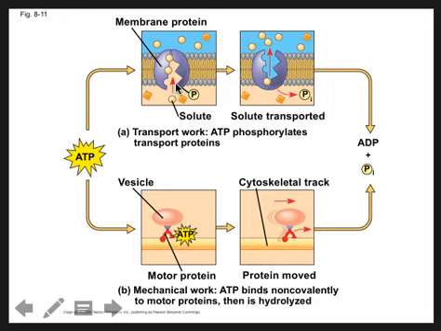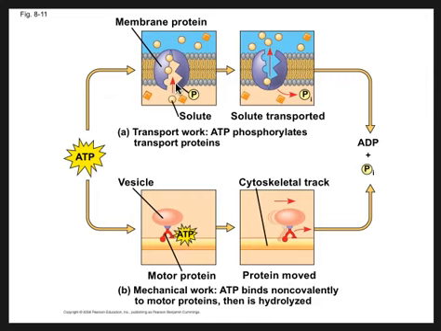This carrier protein is going to snap from being open to the intracellular side to being open to the extracellular side, and we're going to transport that solute. That's the work that just happened. It happened because we phosphorylated the protein. Once we snap open, the inorganic phosphate can come off and it's free to rebind to ADP and we'll